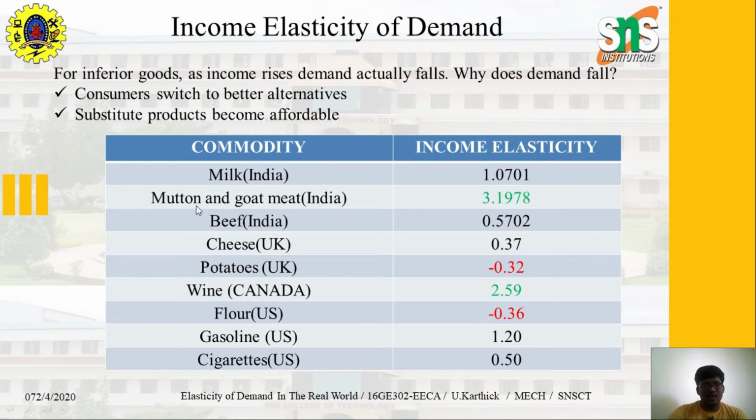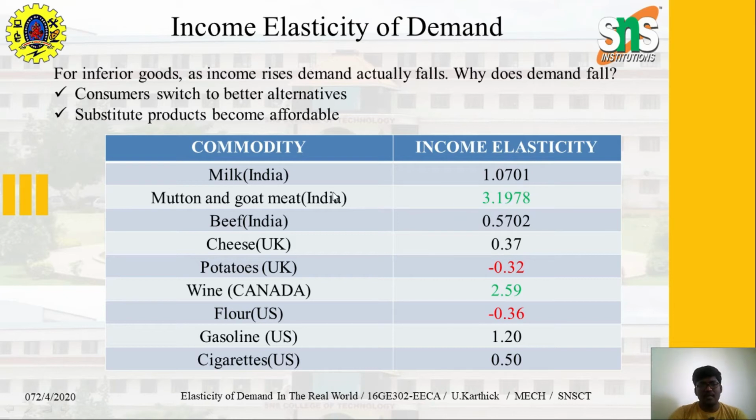So milk, mutton, goat meat, beef. These are all for India and UK and Canada. So we are able to see the trend. In India, most of the people used to buy only mutton and goat meat. That is, income elasticity is around 3.17. Whatever may be the price, they used to